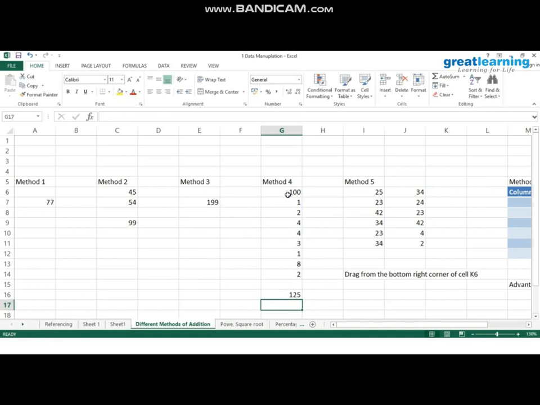That is the sum of 100, 1, 2, 4, 4, 3, 1, 8, 2. Now say for example, I want to perform some kind of arithmetic in which I want to subtract the sum of all these numbers from 100. So for that, without actually writing the numbers, using the reference points and the sum function,